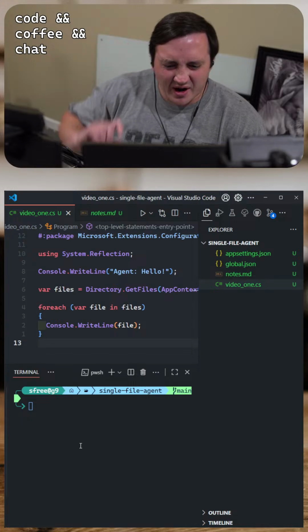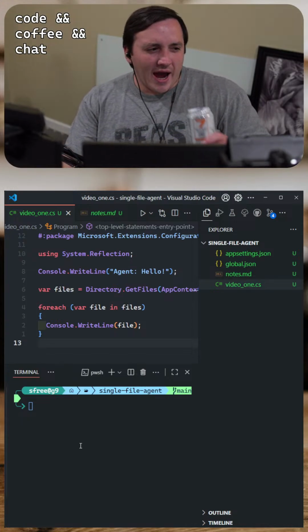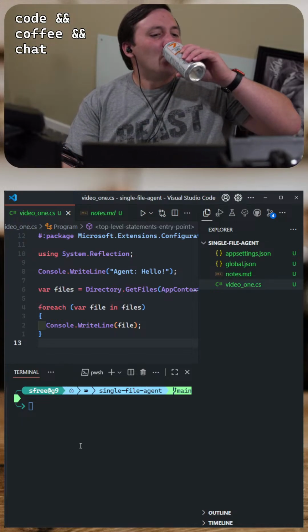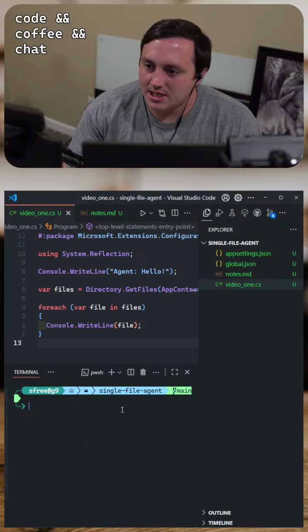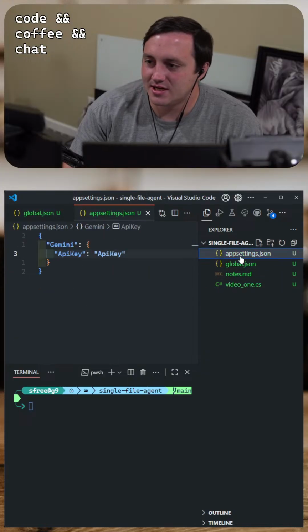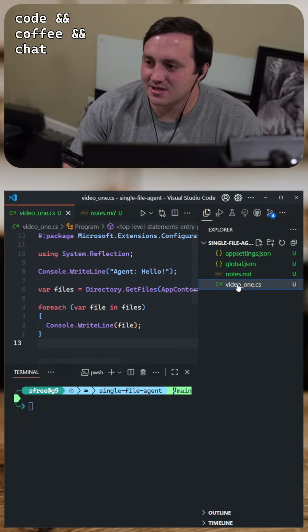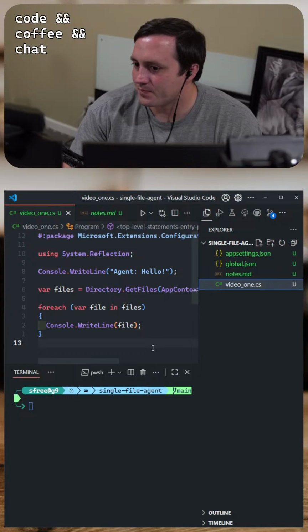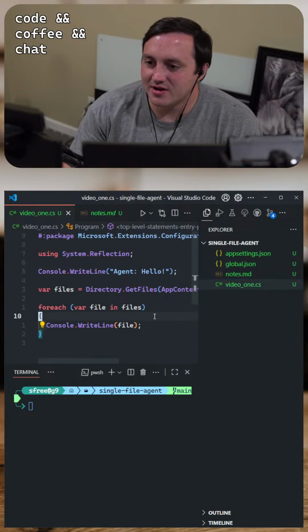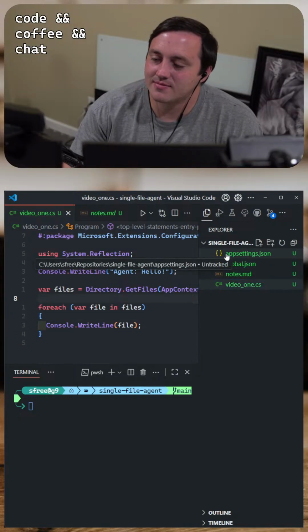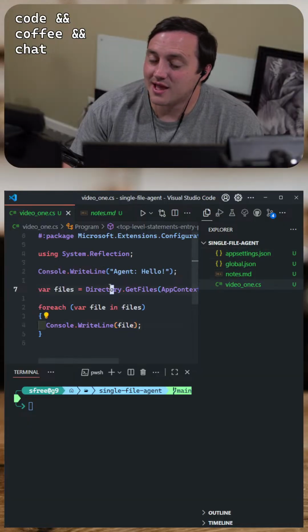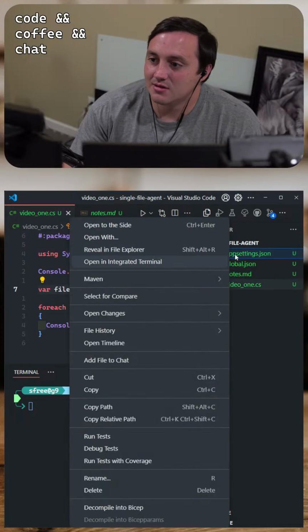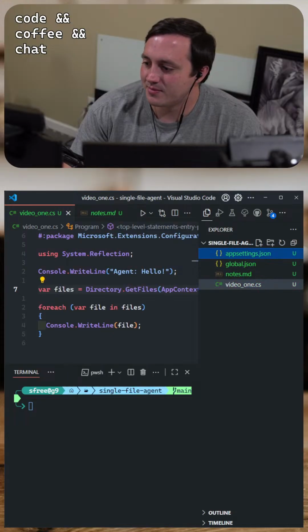Has it really already been an hour? And I have done very little in that hour. I basically just tried to sit here and figure out how to get access to this app settings file. I mean, at the very least, I could just tell my app, hey, read this path, right? But that's not ideal.